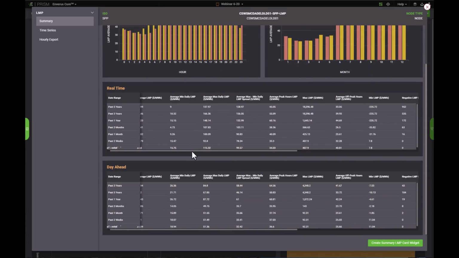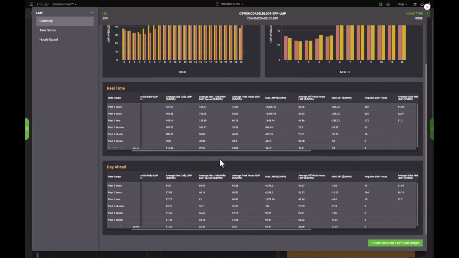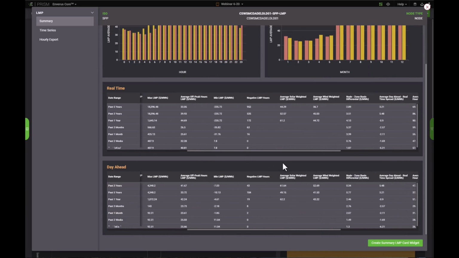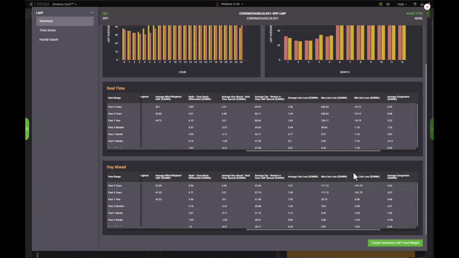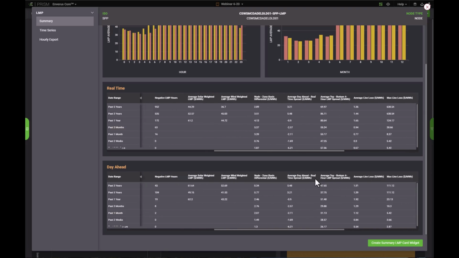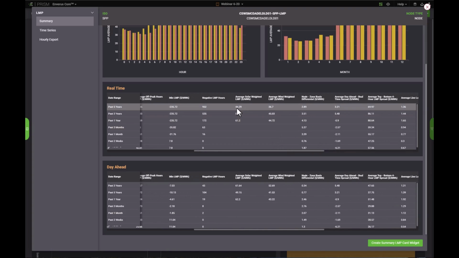So we see those averages, the maxes, mins, the solar wind weighted pricing, things like our node to zone basis differential, and then we can also take a look at line loss and congestion. So doing a little bit of analysis on this, we see that that average solar pricing has changed in the past 5 years average from $42 up to